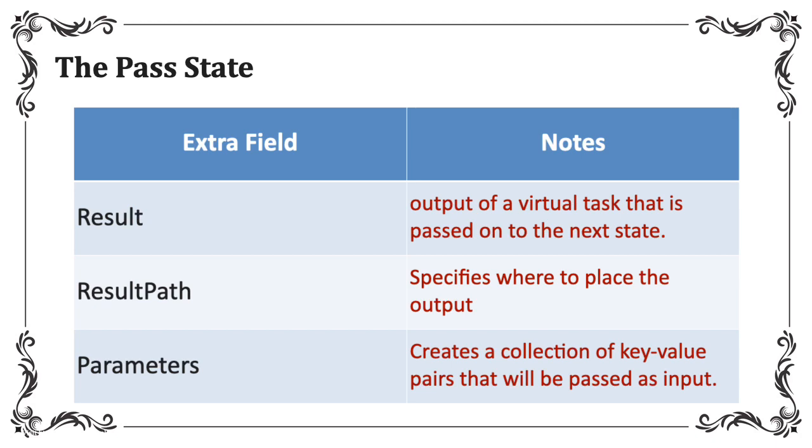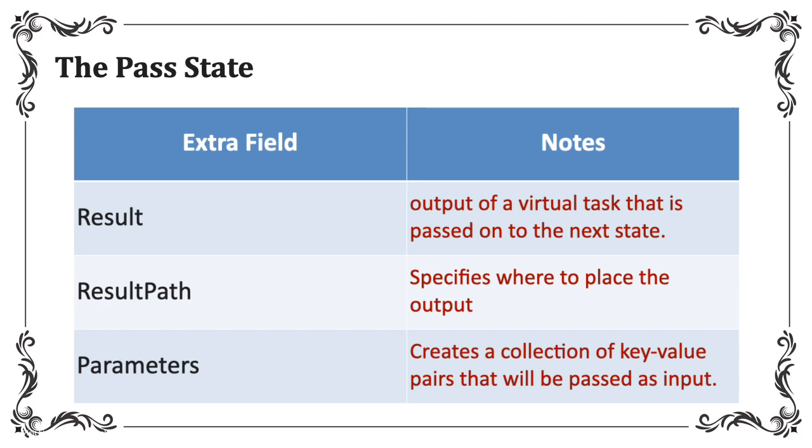Result refers to the output of a virtual task that is passed on to the next state. If you include the ResultPath field in your state machine definition, Result is placed as specified by ResultPath and passed on to the next state. The ResultPath specifies where to place the output relative to the input of the virtual task specified in Result. The input is further filtered as specified by the OutputPath field, if present, before being used as the state's